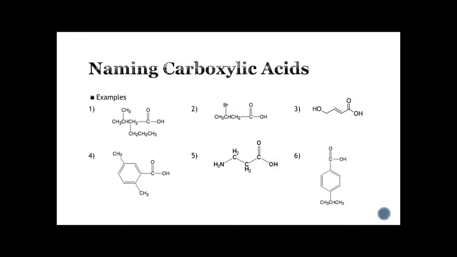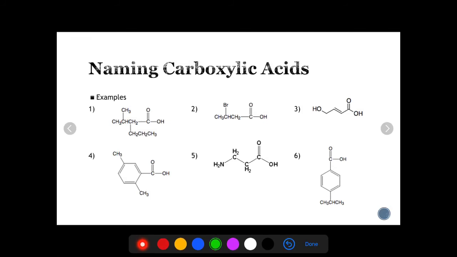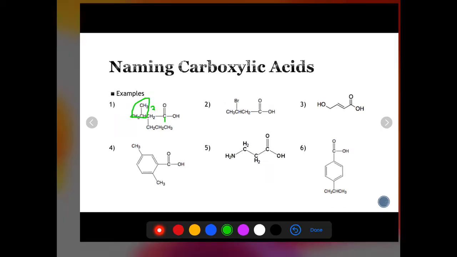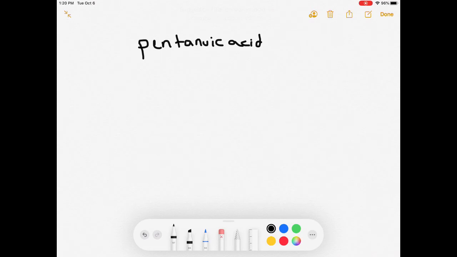Okay, but we're not done because we do have some substituents, right? So we have this right here. That is 3 carbons, so we know that's propyl, but because it's attached at the middle carbon there, it's going to be isopropyl. That was our second carbon, so 1, 2. So isopropyl is on the second carbon, so we can name it 2-isopropyl pentanoic acid. Okay, so that was number 1. Number 2,